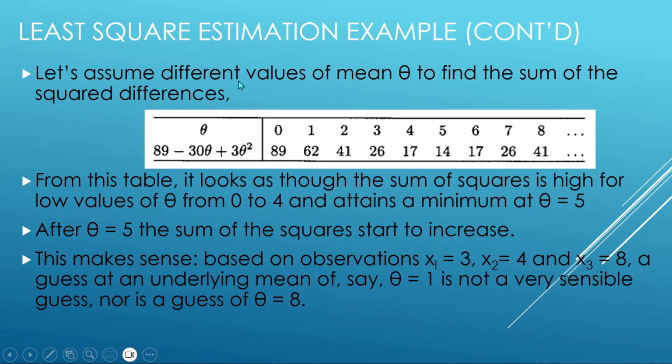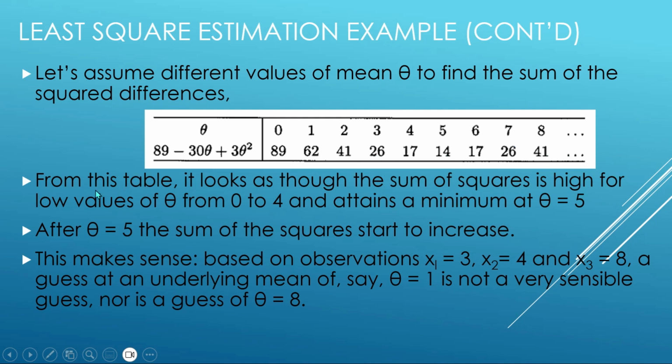Now let's assume different values of mean theta to find the sum of the squared differences. We will simply replace these values of theta in this equation. For example, for the first one, we put theta is equal to 0. So 30 into 0 is equal to 0, and 3 into 0 square is equal to 0. So we get 89. Then for theta equal to 1, we get 89 minus 30 plus 3. So we get 62, and so on. We go up to 8, and after that we may go further, but we stop over here to see